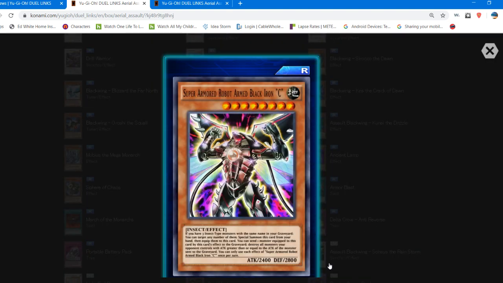Oh my gosh, it's a giant cockroach! Reminds me, I used to watch the Powerpuff Girls when I was little, and reminds me of that giant cockroach dude from the Powerpuff Girls. You have 3 or more insect monsters with the same name in your graveyard. You can target any number of them, special summon this card, and then equip them to this card. Holy moly, so if you have like 3 of the same Inzektors, boom boom boom,